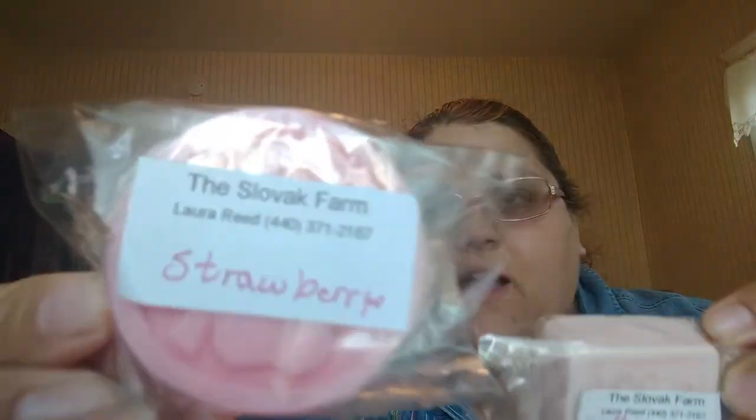Everybody also got a little 2-ounce bar of soap from the Slovak farm. I commandeered his already. Do you want one? See? Honey, if you wanted those, you could have just made an extra few. Exactly. 200 frickin' soaps. In our little bags, we also got